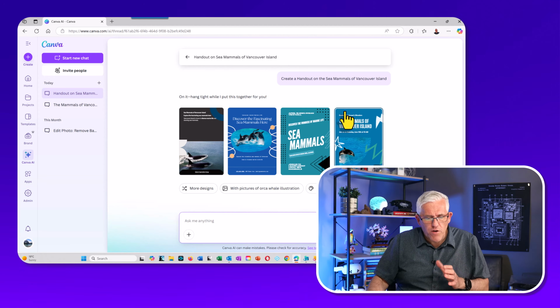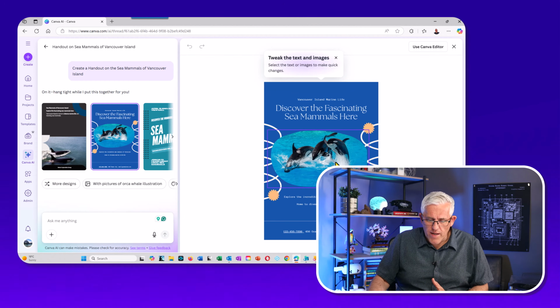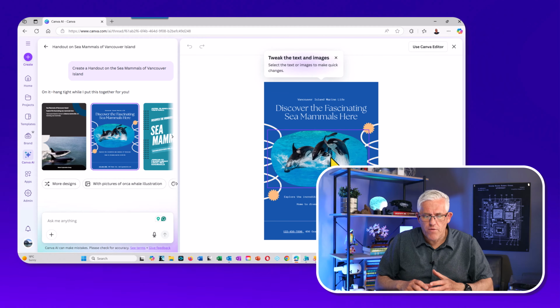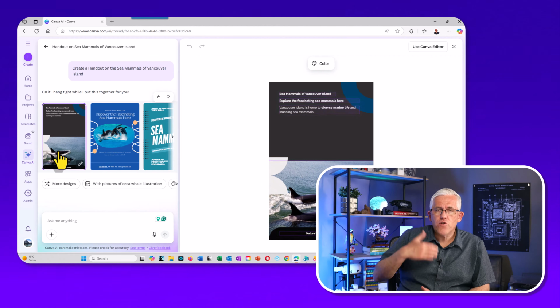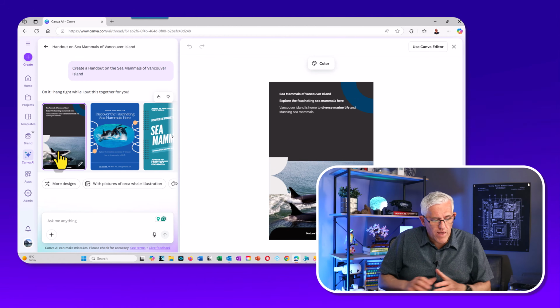So you see here, we've got some pretty nice designs in here. So I've got the sea mammals of Vancouver Island. I could go in and I could use this as the beginning. I could move the images around. I could maybe choose a different layout in here. So I could say we're going to have a speech or a lecture on learning the sea mammals of Vancouver Island. This is a great way to create some designs that I can then start working with,